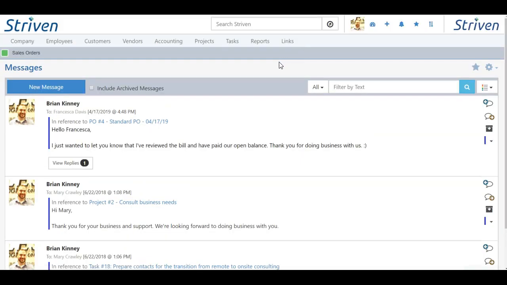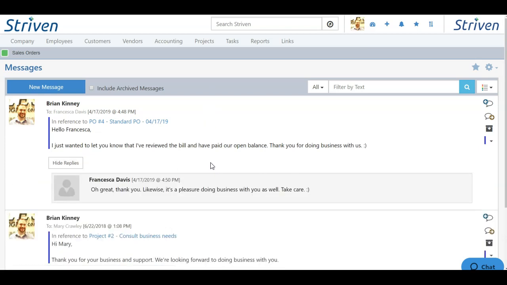Here, by clicking the icon, you can see all the messages that you've sent or received in Striven. When a message is initiated in Striven, it'll be captured within the system, but will also capture any replies sent from either the recipient, being an external contact, or an internal user of the system as well. For instance, here I can see this message has a reply. If I click on View Replies, I can see exactly who the reply is from and capture the content